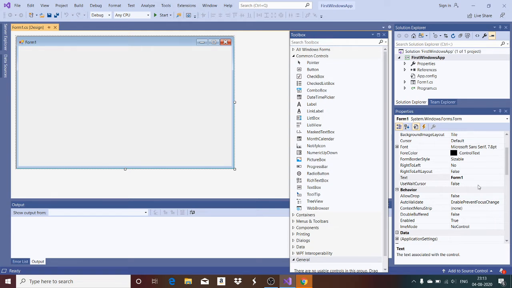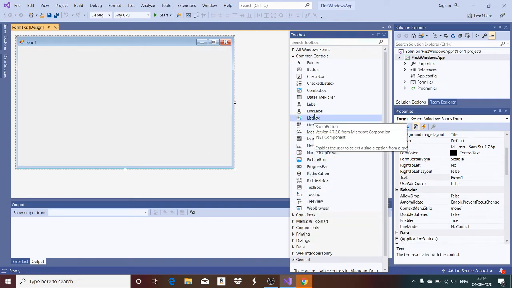I hope all of you know what a property in C# is. A property is nothing but a named public data member associated with a private data member, using which you can manipulate the data members of the object. Here, all these user controls are considered as objects. Now, we are going to discuss properties for a button, for a text box, and for a combo box. These are the three user controls that we are going to use in this application.